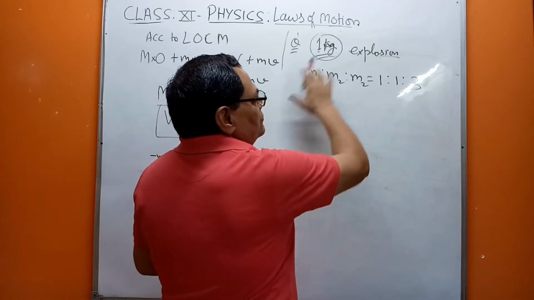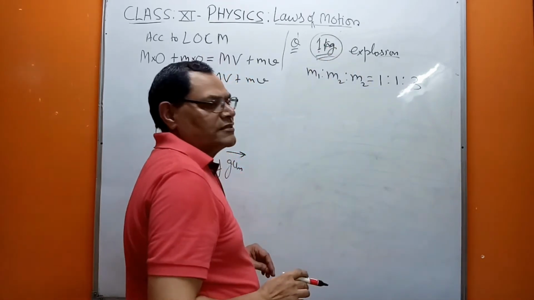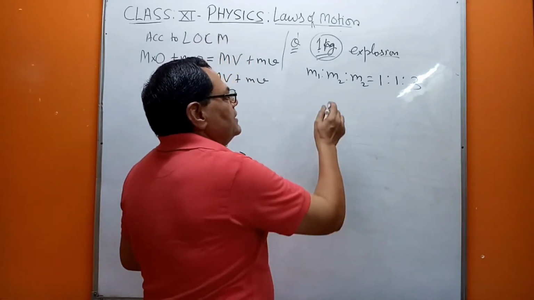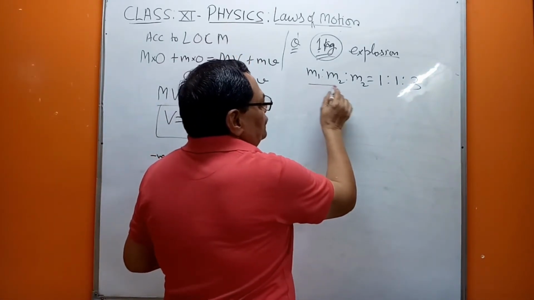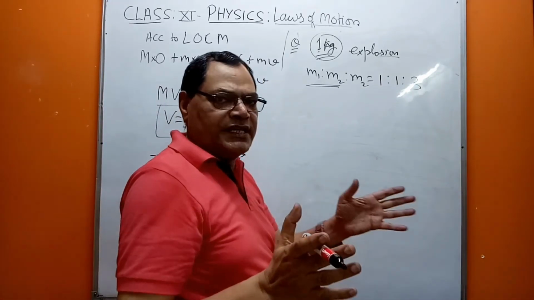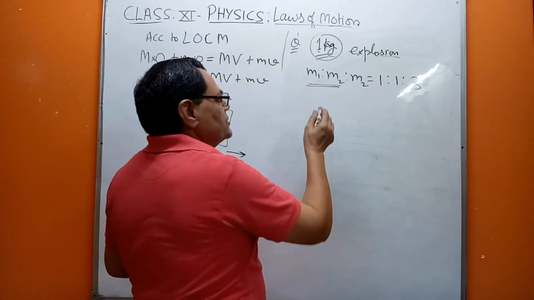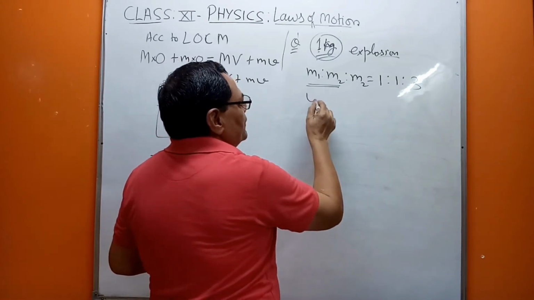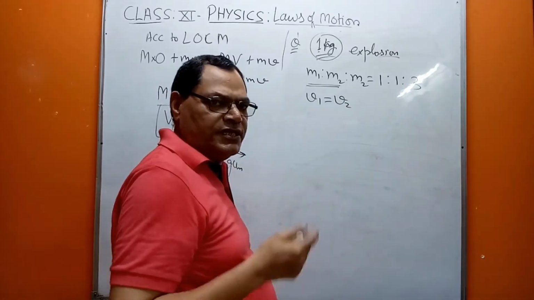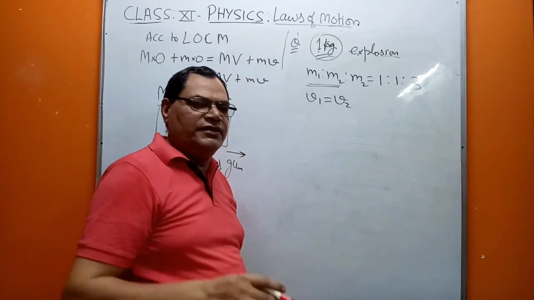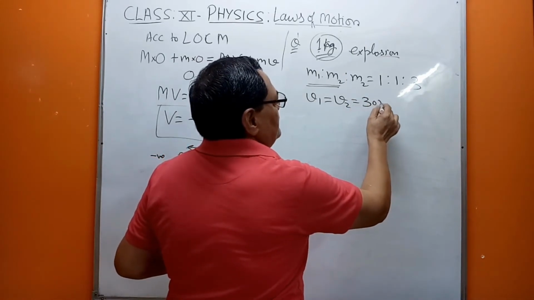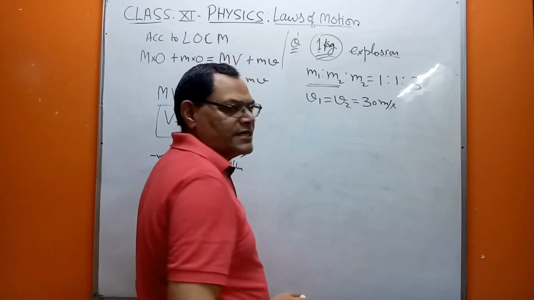So the total mass is this. When they get split into 3 fragments, the 2 particles of equal masses start moving after explosion with the same velocity. Suppose we consider v1 and v2 as the velocities of the fragments having similar masses. The question says these velocities are 30 meters per second each.